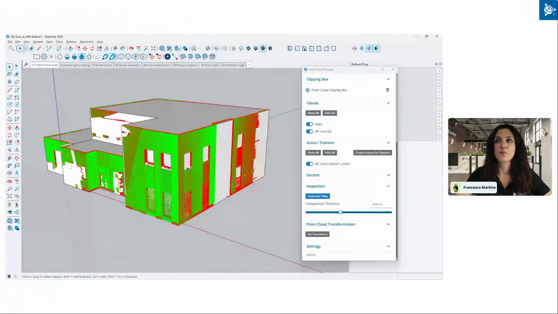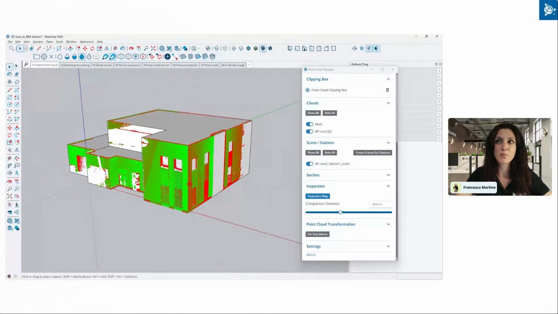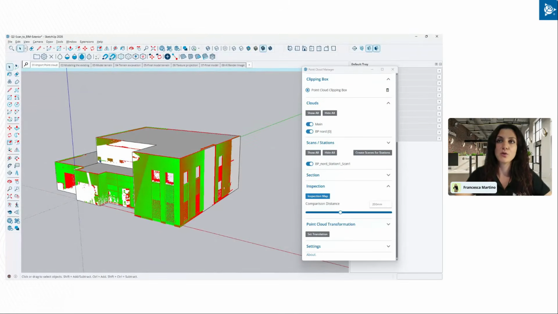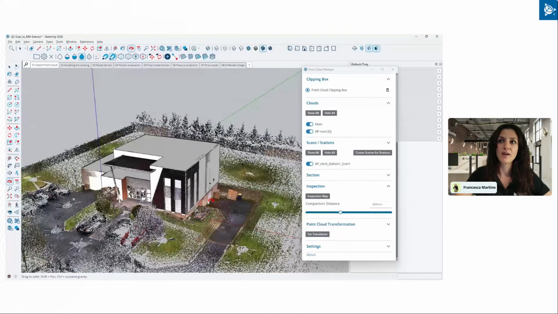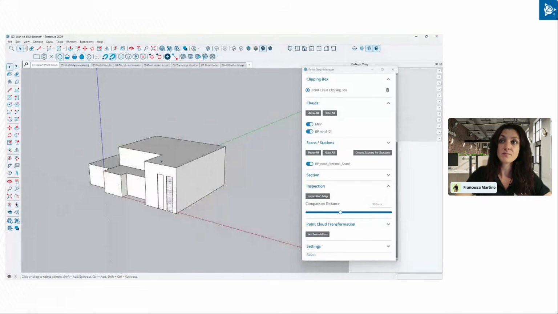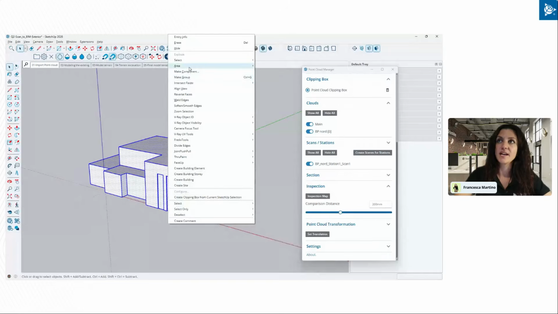So I will not do all the building, of course, for the sake of this demo, but I'm just giving you an idea of how to use point clouds and how to model with point clouds. To deactivate the inspection map is very easy. We just have to double-click on the inspection map tool, and here you go, the visualization of my original point cloud. Okay, so now I can actually group it,